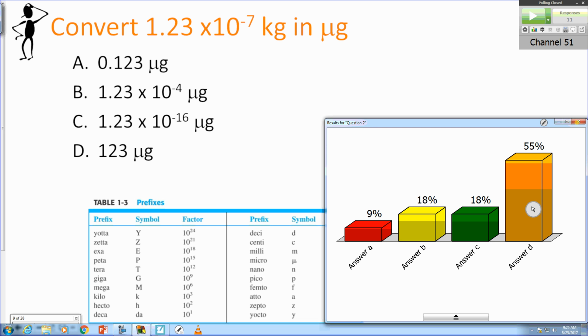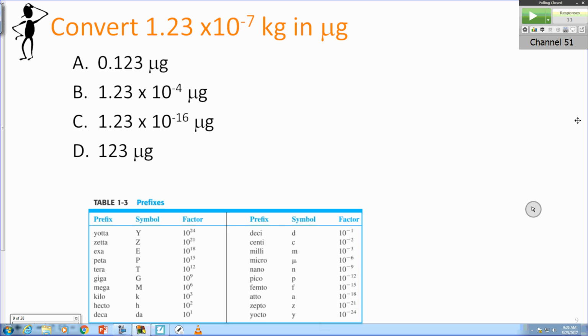All right. We have some diversity in our answers. There is a predominant answer. More than half the class chose D, but 45% of the class chose other options. So let's figure out what it should be. Setting this particular problem up,